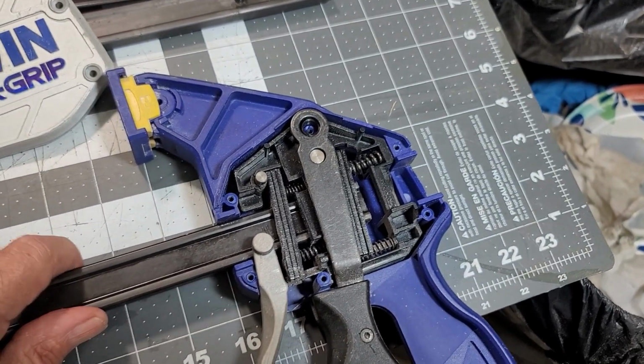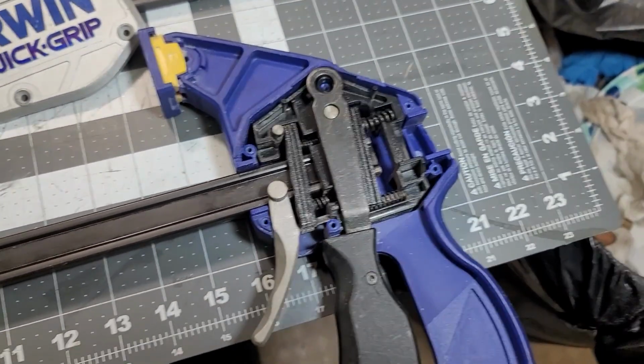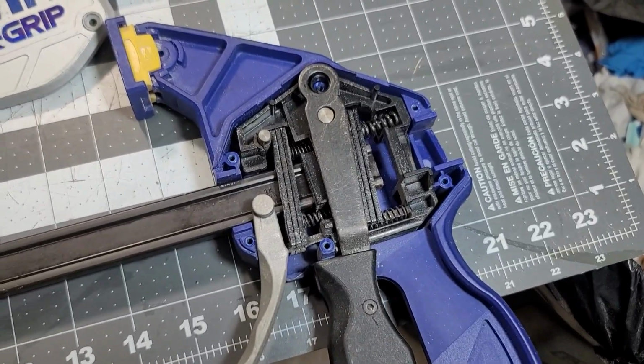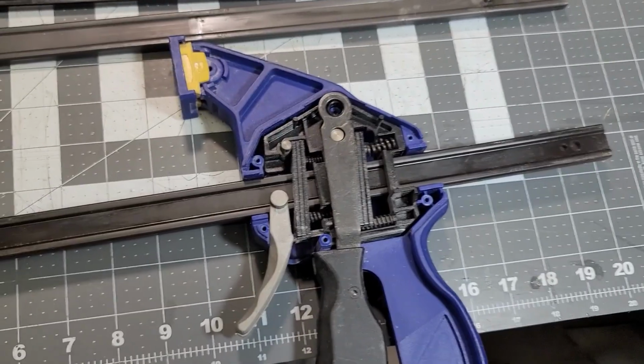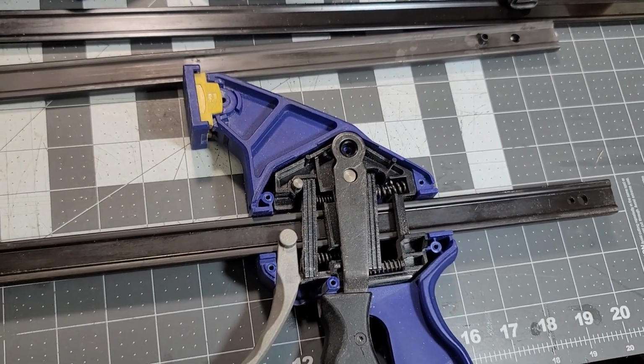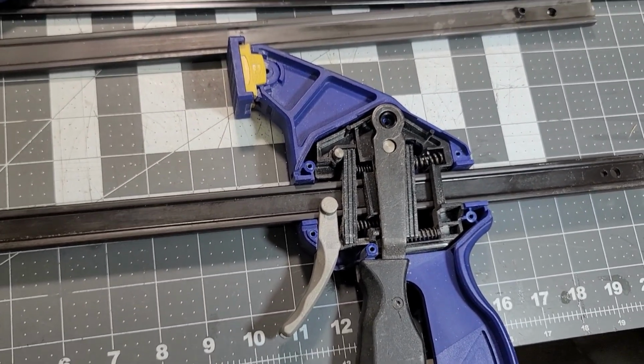And trying to feed this through. It is taking me a little while, but it is done. It is working, and I will get it back together again in just a minute. Okay, now that I see, I'm probably going to go ahead and take the cover of the other one off,